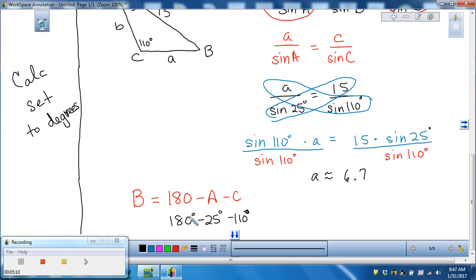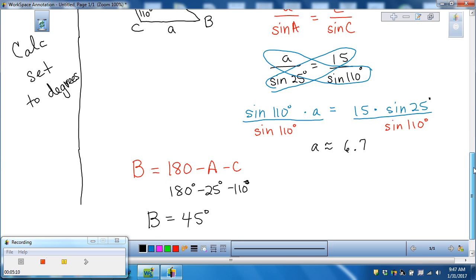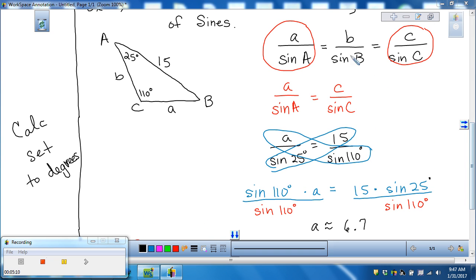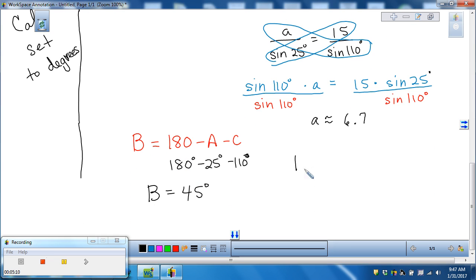It's 45 degrees. So angle B has a value of 45 degrees. Now that we know angle B, we can go back and use our B and C part of the law of sines, and we can figure out what little b is. And you always want to go back and reuse that initial ratio where you knew both of the values, which was the C ratio,